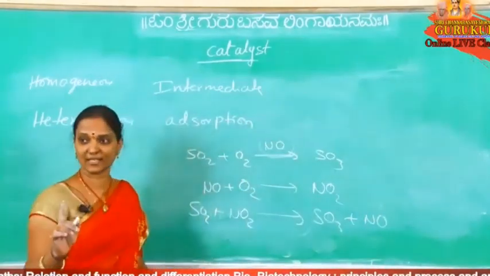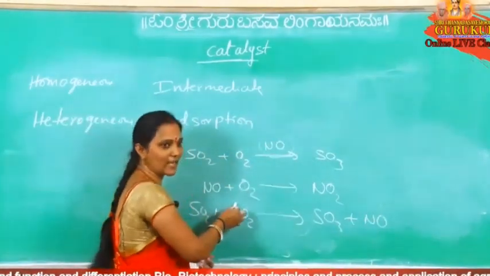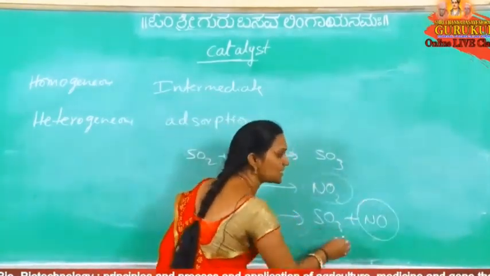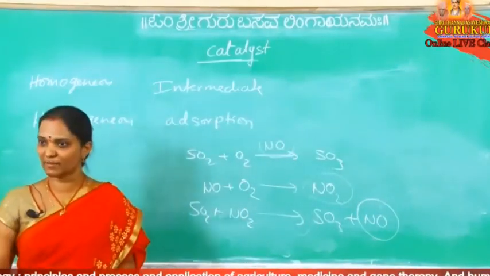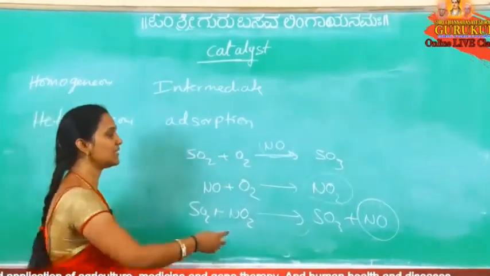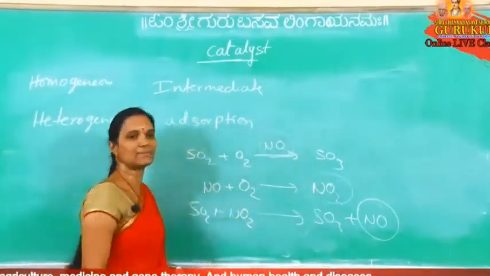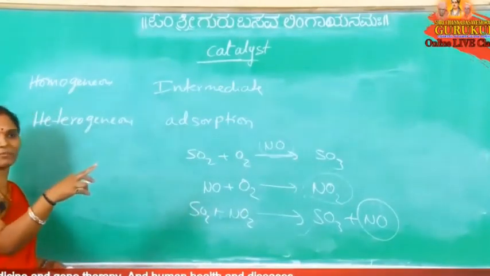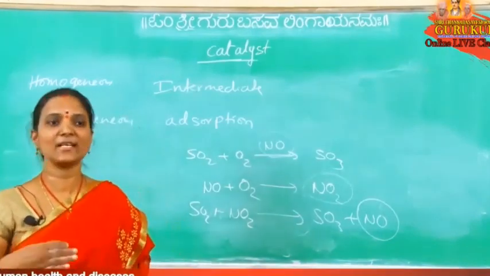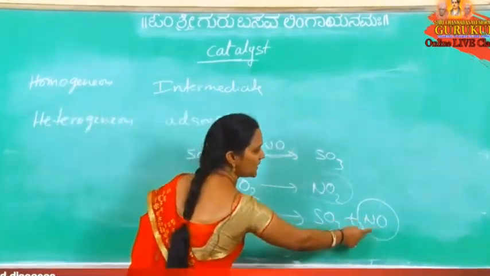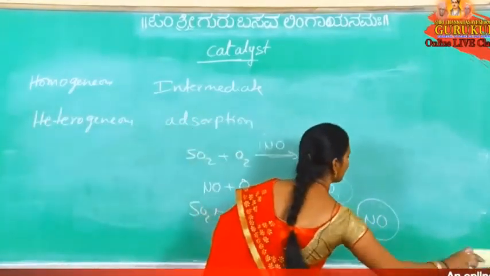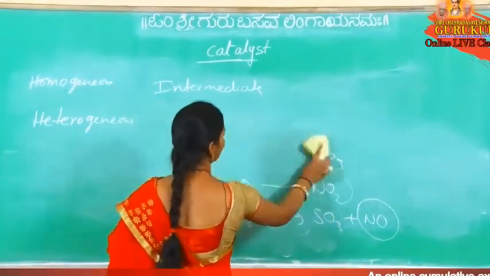See that, the catalyst is involved in the chemical reaction. It changes to one intermediate compound, but finally it is retained. Any change in chemical composition? No change, and no change in its mass. But it is involved in a chemical reaction. It forms one intermediate compound. Like this any reaction takes place. That is the intermediate compound formation mechanism. So the catalyst reacts with one of the reactants, it changes to one intermediate compound, then it combines with another reactant, and finally it is retained. That is the homogeneous catalytic reaction. How does this heterogeneous catalytic reaction take place? Heterogeneous catalytic reaction.